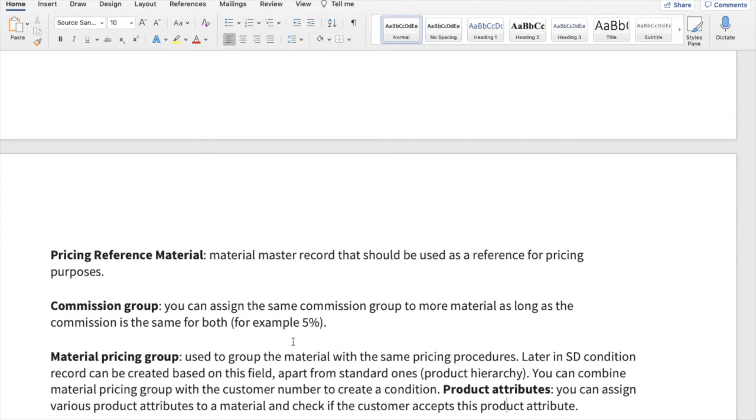Similarly, material pricing group is also used for the pricing procedure. When you configure sales and distribution, you need to define something called a pricing procedure. The pricing procedure gives you the idea of what kind of pricing practices we are going to keep for a particular material. Now the configuration will only work if in the basic material master these data are maintained correctly, because when it looks for the material master data to pass in the program, unless you mention all this data in these views, your program may not work.